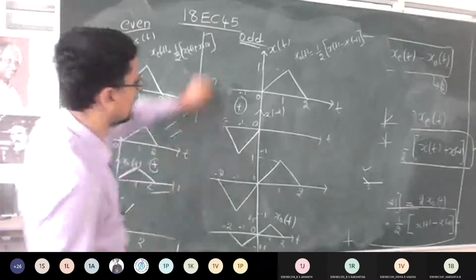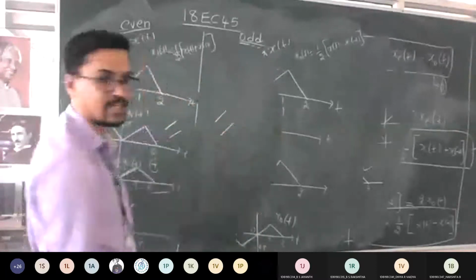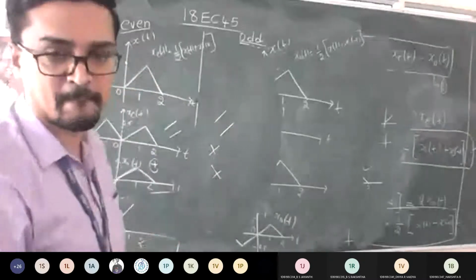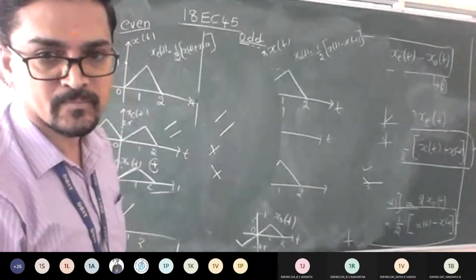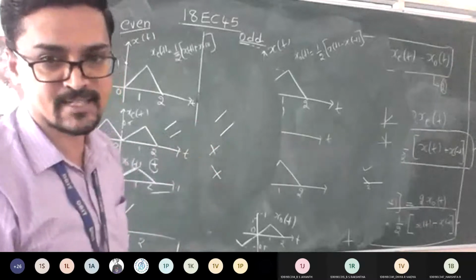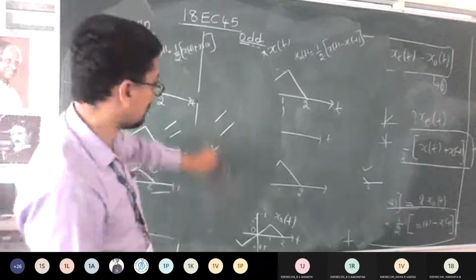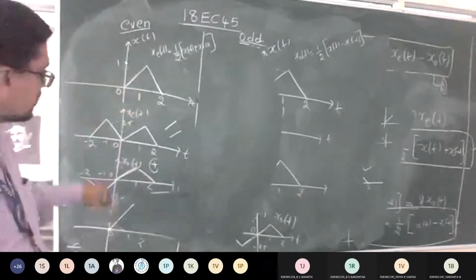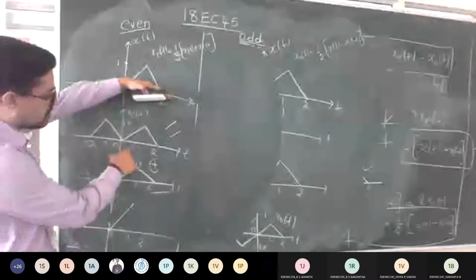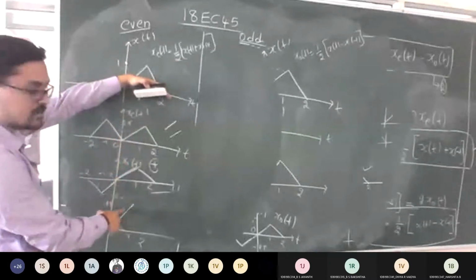See, always remember, whenever signals are in the same direction, you can add. When they are in opposite directions, they get subtracted. Is it clear? Same direction will get added. If it is opposite, the amplitude gets cancelled. Yes or no? Yes, sir. So now, is it fine what I told? For 0 to 1, you have to forget this. These are two I'm adding. 0 to 1, 0.5 and 0.5. So 0.5 plus 0.5 becomes 1.